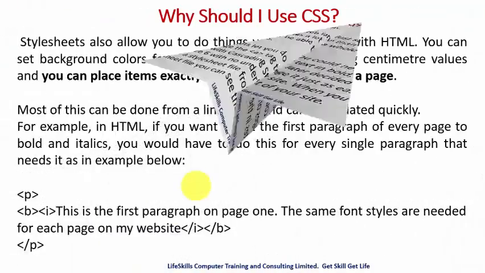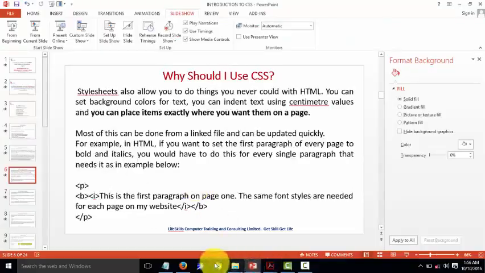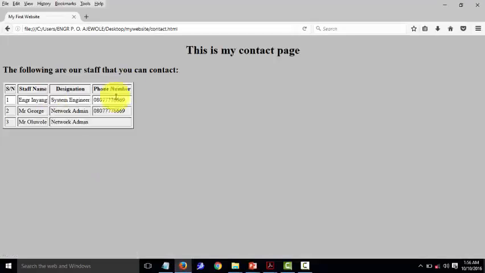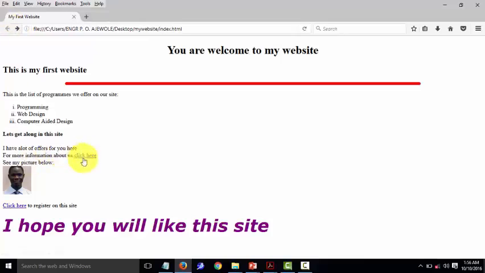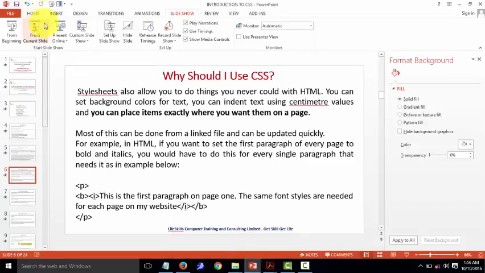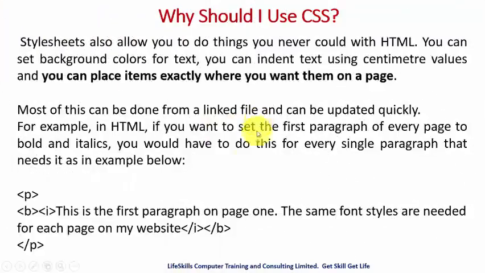Let's go back to our web page that we have been working on. See that this link is giving me purple color because it has been visited. When I click on it, it took me to another page. But you may want this link color to be green. You may want this text to be yellow. You may want to apply different colors. Why do we need to do that? Why should we learn? Why should I use CSS? Well,